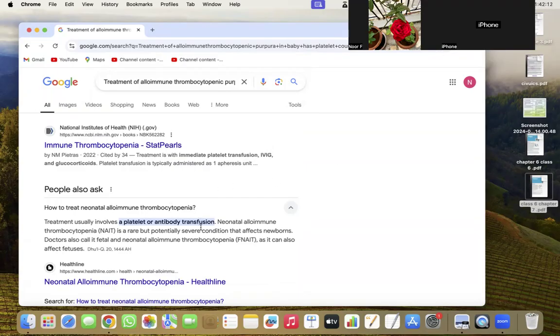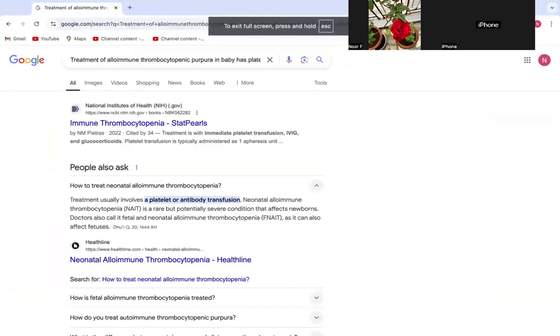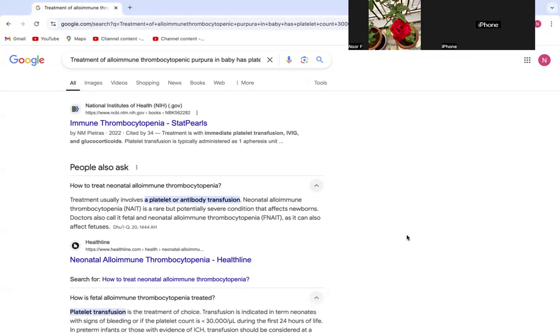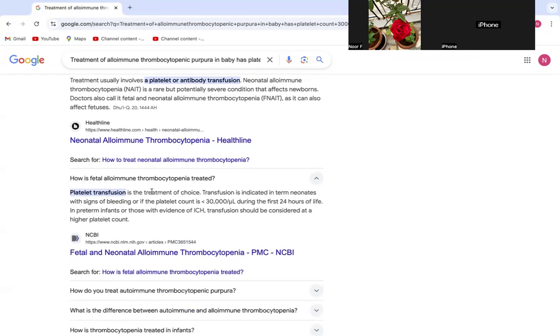Treatment usually involves platelet or antibody transfusion. Neonatal alloimmune thrombocytopenia is a rare but potentially severe condition that affects newborns. Doctors also call it fetal or neonatal alloimmune thrombocytopenia, as it can also affect fetuses. So how do you treat it? Platelet or antibody transfusion. Fetal alloimmune thrombocytopenia is treated by platelet transfusion, which is the treatment of choice. Transfusion is indicated in term neonates with